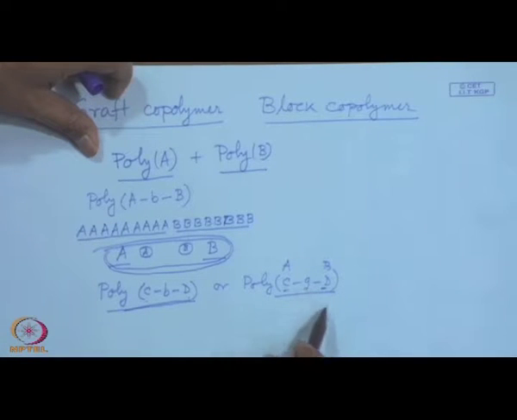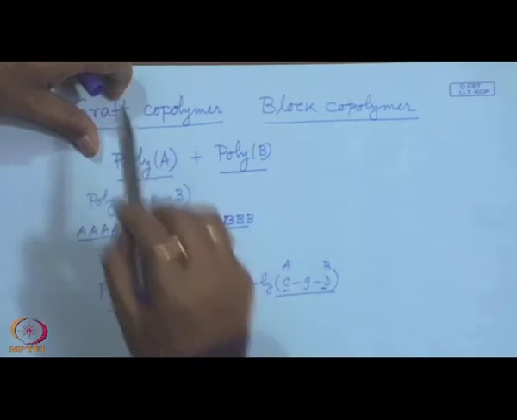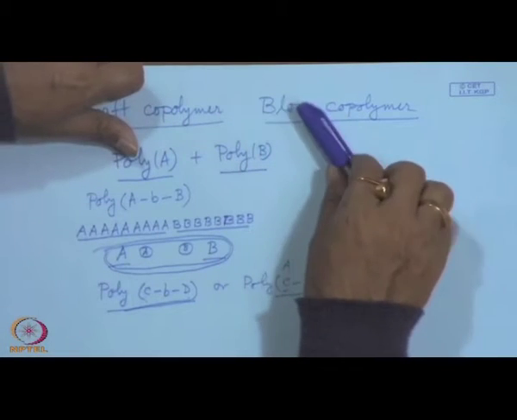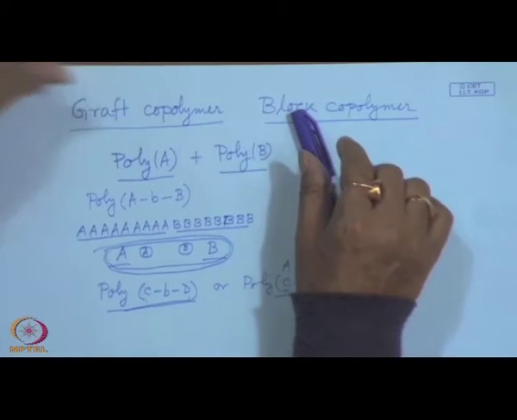So, C and D are compatible with A and B respectively, where C and D adhere to A and B respectively, but are not miscible with them. So, that can remain adhered, but they are not miscible, but if this kind of technique can help compatibilization of the polymers A and B.